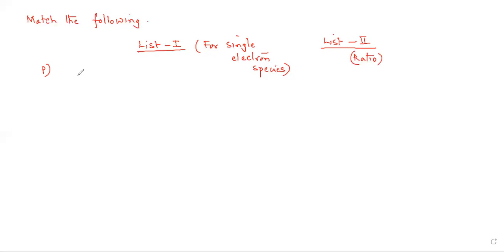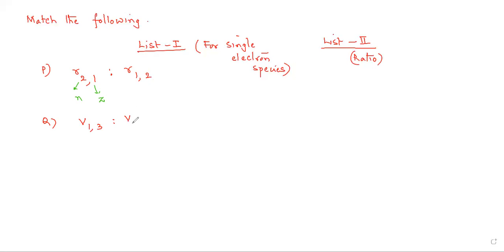Now, coming to P, R21 is to R12. This is very interesting. Look at the way they have given it. R, of course, is radius. The first thing that they gave is always n, and the second one that they gave is always Z. So it's a very interesting question. R21 is to R12. Then coming to Q,